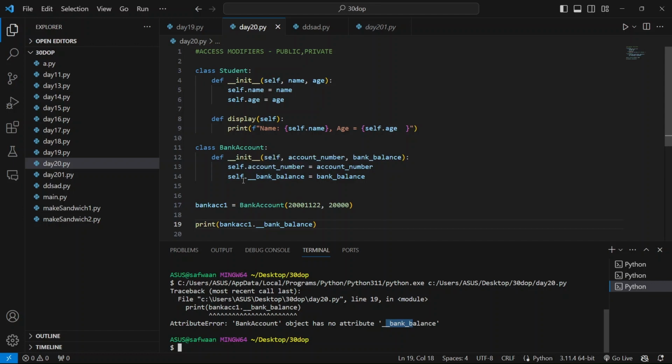But you can clearly see that this bank account object that I made here does have an attribute that is underscore bank underscore balance. I'm trying to access it, but Python won't let me because it is a private variable. So what it means to say that an attribute is private is you can't access it outside your class, right? So let's say if I want to display this